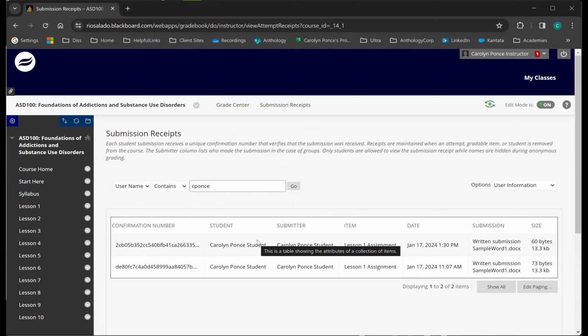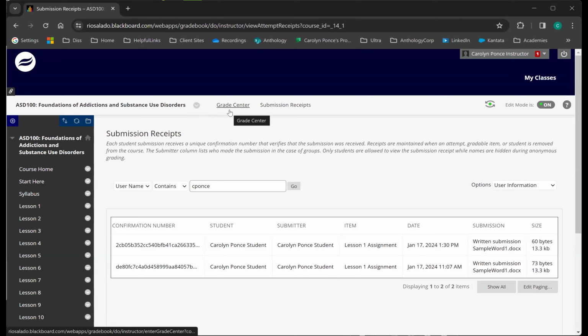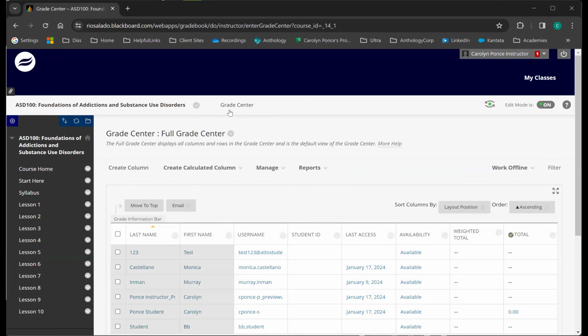So I had actually submitted that assignment twice, and the first one got cleared. So there's my second one. So I've got those numbers for tracking. Now, submission receipts within the original course view are only on assignments. Our test is kind of tracked a different way.